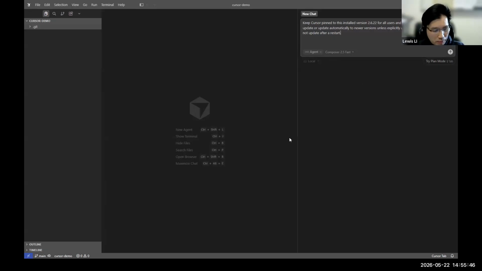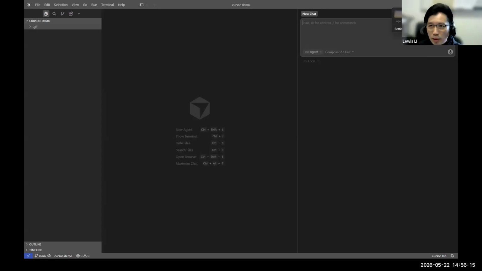All right, I want to show you the Cursor interface. This is the Cursor interface we need to know before we start using Cursor. There are two ways that you can use the Cursor interface, and also two versions available. When you click here on the top, we have the agent mode and the editor mode. We have two interfaces that you can use.